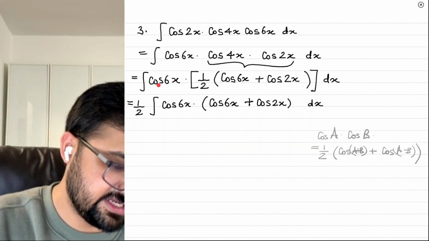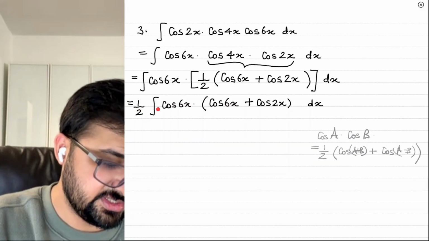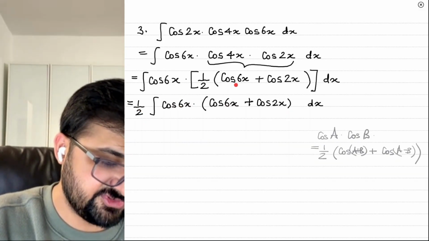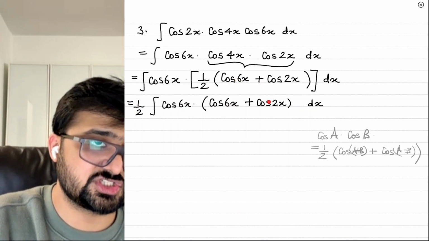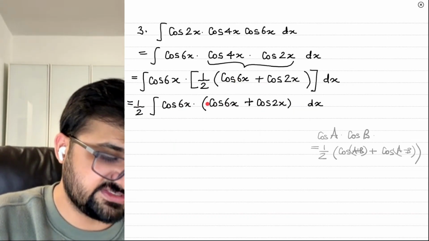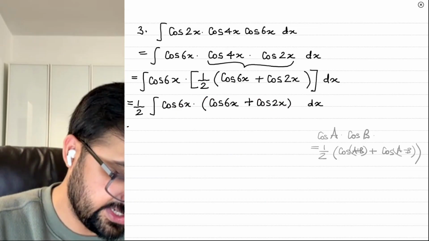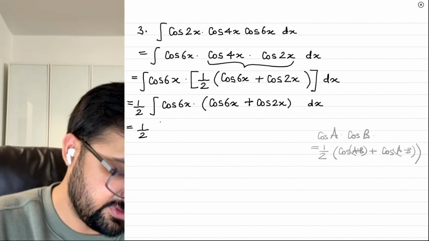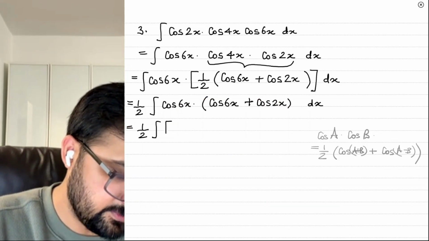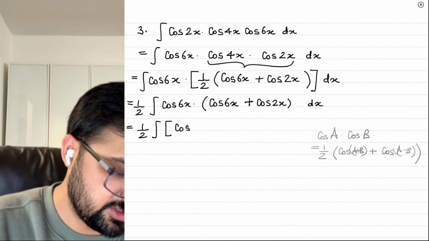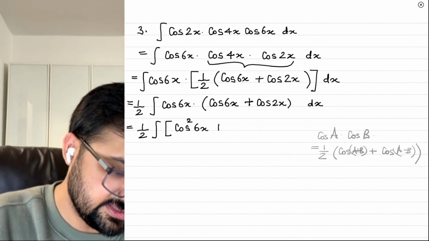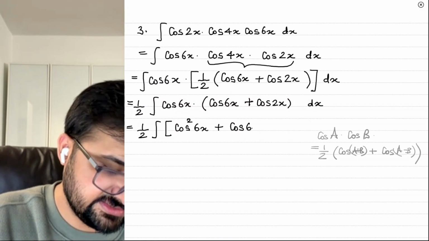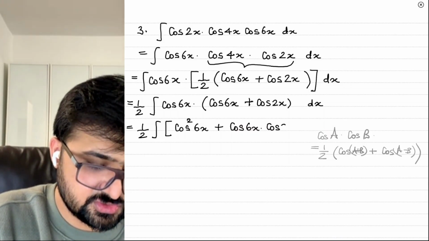Basically take this half out, which is the constant. Now multiply cos 6x inside the bracket. So you are left with half integral of cos square 6x plus cos 6x into cos 2x